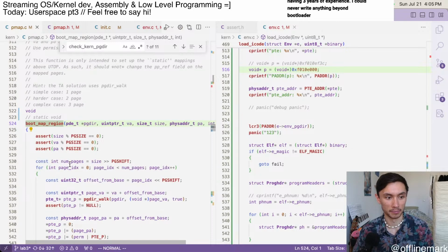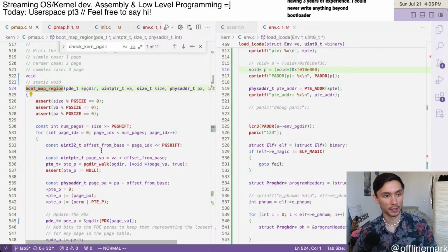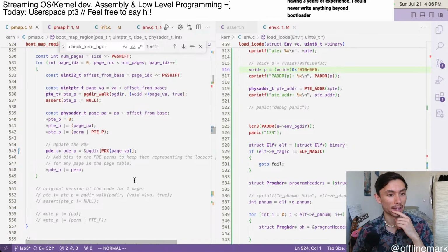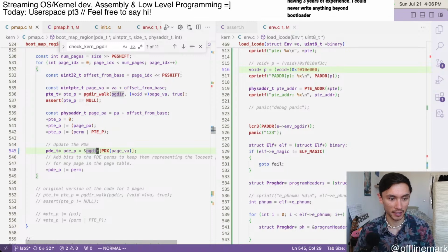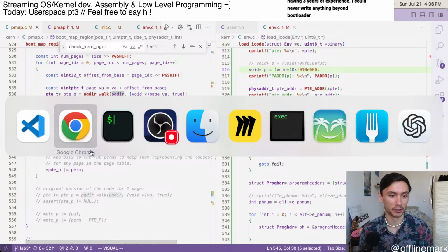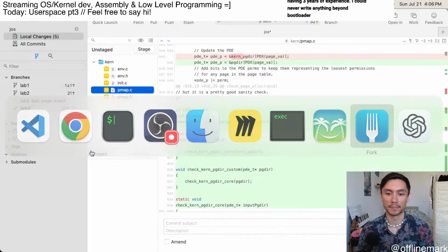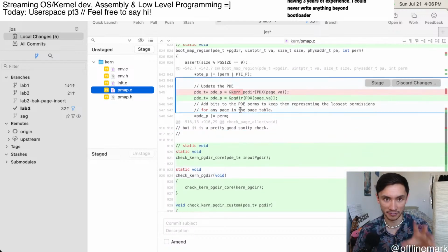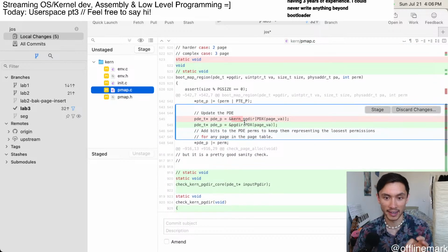The bug is in boot map region, which is in the function that is basically used to set up a lot of the page tables. It's like a utility function for setting up the page tables. And I fixed it now, but the critical bug is right on this line. I'll actually load up my Git client to show you the diff. It's a bit of a messy diff right now with a lot of working stuff, but here's the actual diff